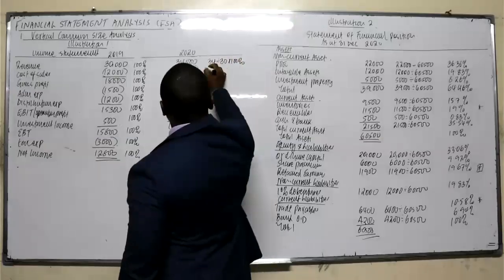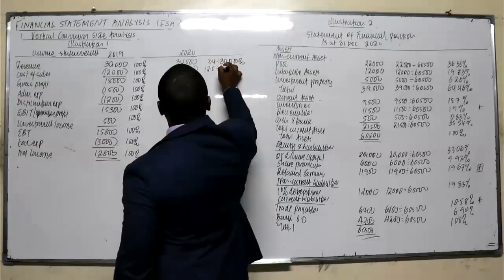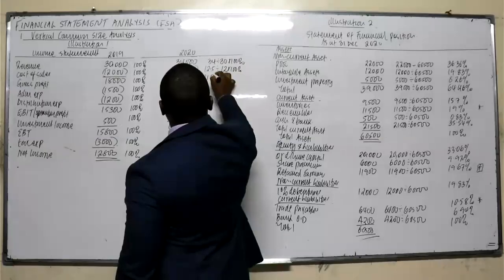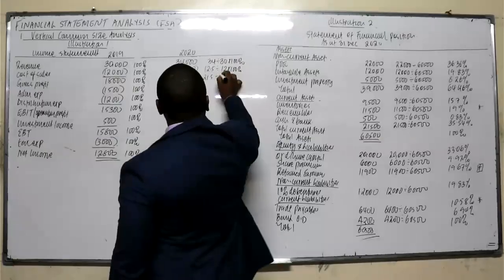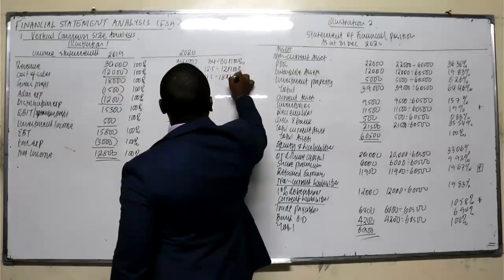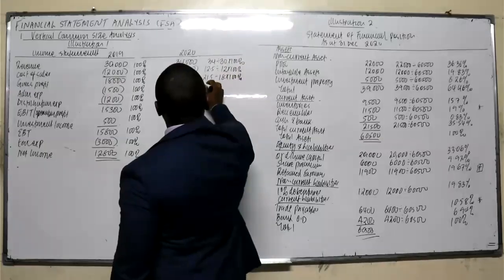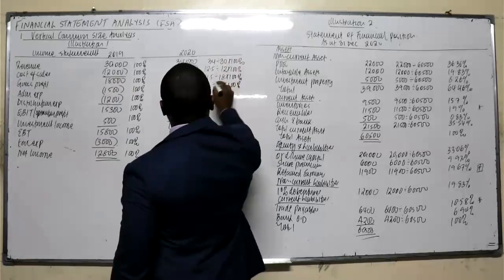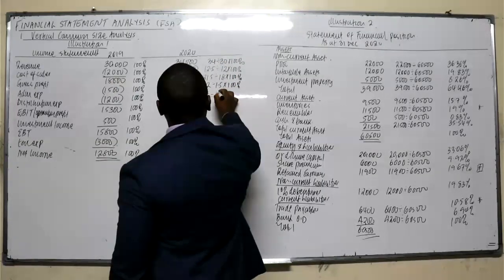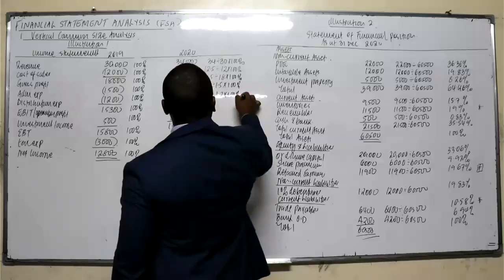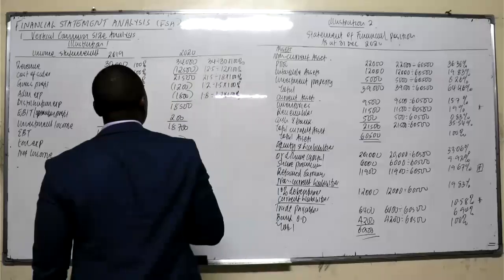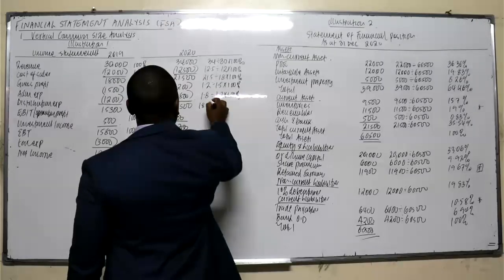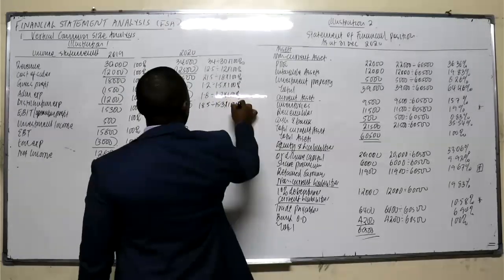And this one will be 12.5 over 12 times 100%. 21.5 you divide by 18 times 100%. 1.2 you divide by 1.5 times 100%. 1.8, 1.2 times 100%. And here you have 18.5, 15.3 times 100%,